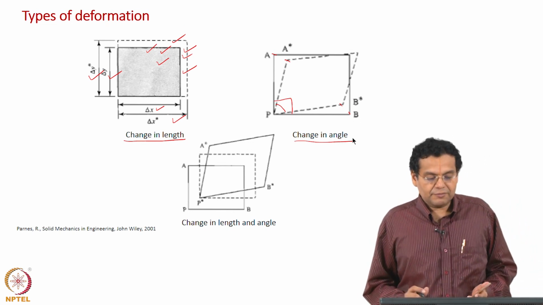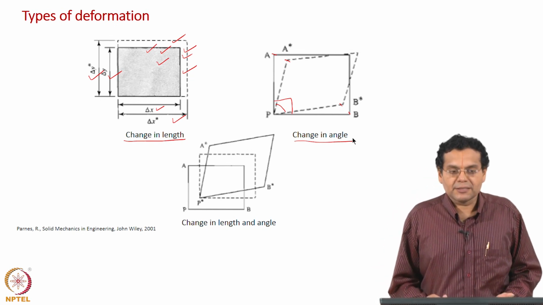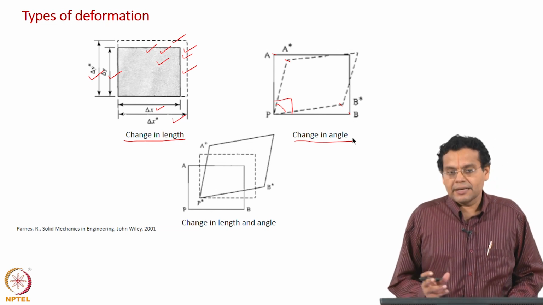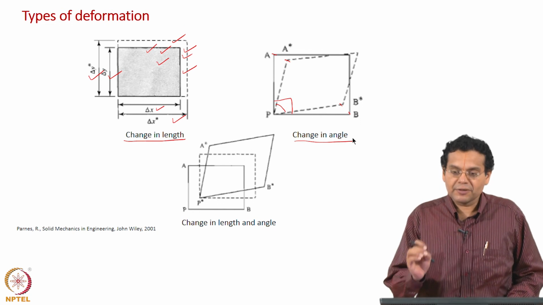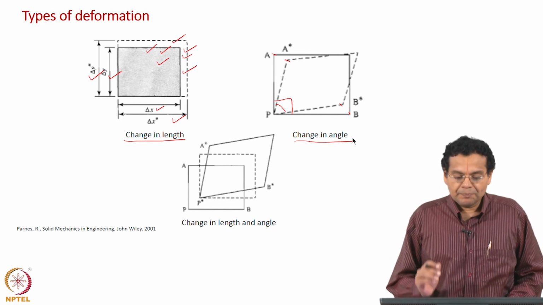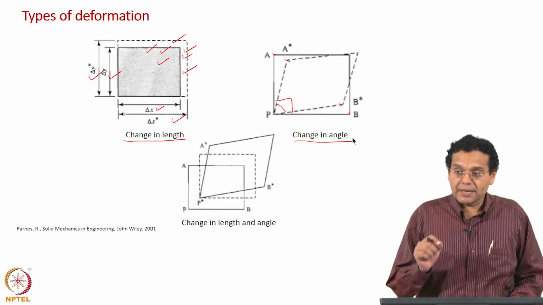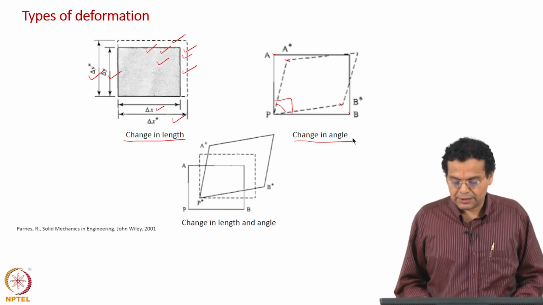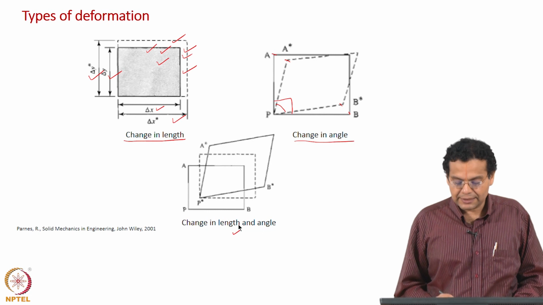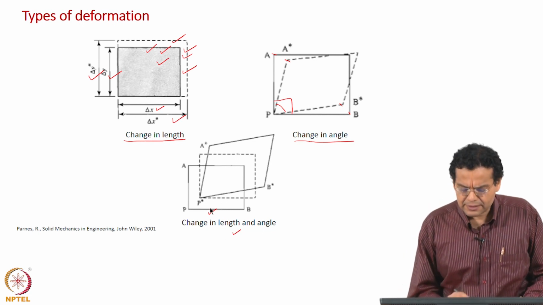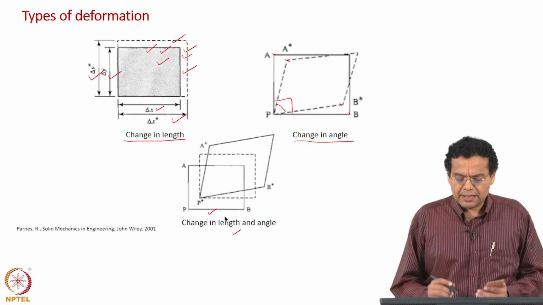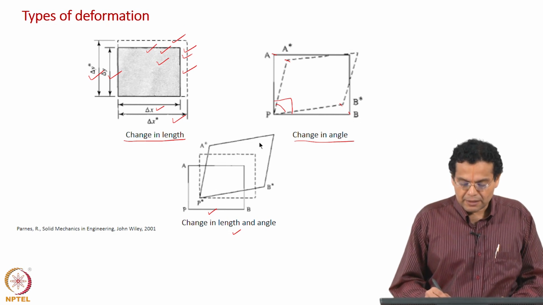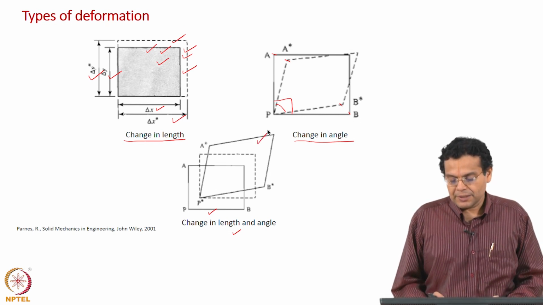Deformation is a very well known word used even in day-to-day activities, but now we have to attach a very specific meaning when we discuss solid and fluid mechanics. When we say deformation, it means change in length and or change in angle; both can happen. That is what is shown in the figure at the bottom, where you have change in length and change in angle. This rectangle represents the state before applying the force, the initial state or undeformed configuration. Now, this has become almost a parallelogram.